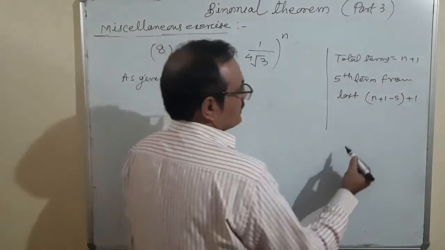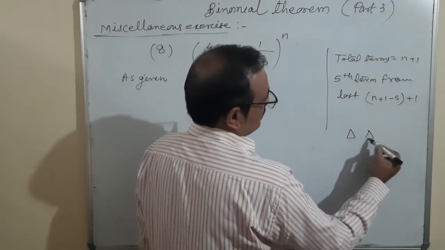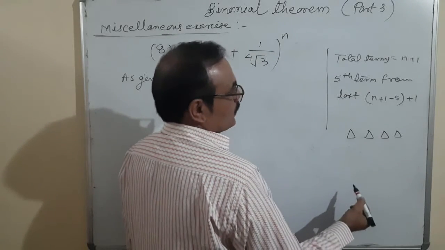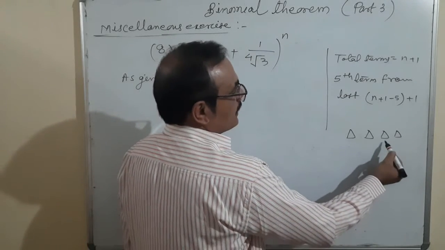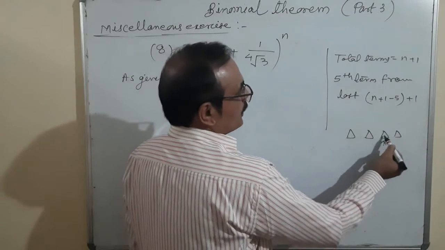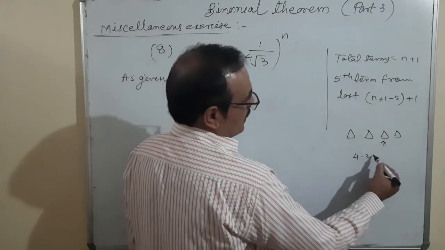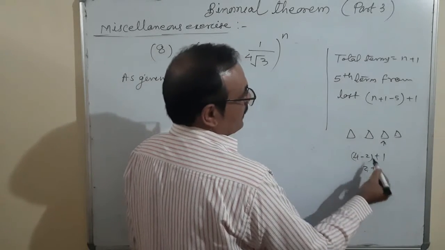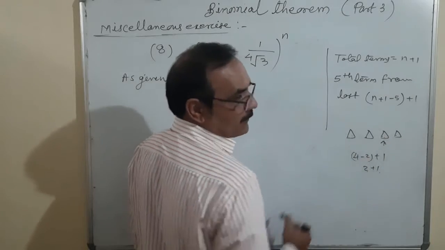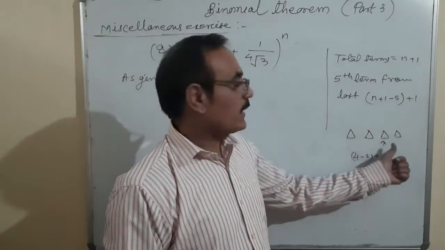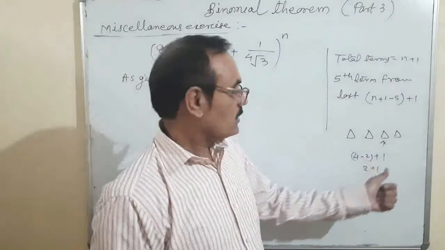How is it? Let us see. Suppose these 4 terms are here. Suppose I ask for the second term from the last. So we are talking about this. The total number of terms is 1, 2, 3, 4. So I write here 4 minus 2 plus 1, that is third, the third term from the beginning. If I simply write 4 minus 2 only, then we reach this term, but actually we are finding this term. So what should be done?